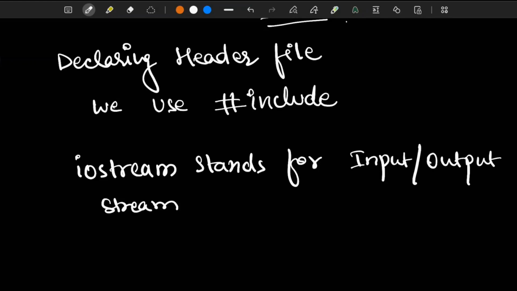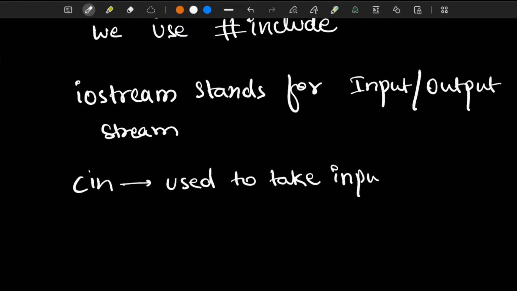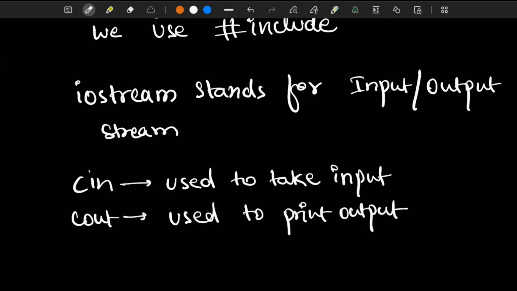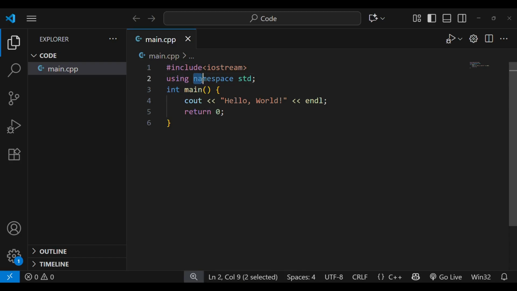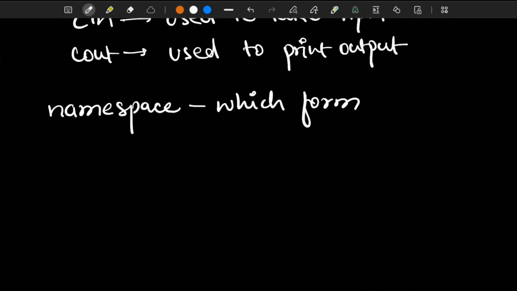This header file contains the definitions for the functions like cin, which is used to take the input, and cout, which is used to print the output. And here the namespace defines which input output form is to be used. You will understand these better as you progress in this series.